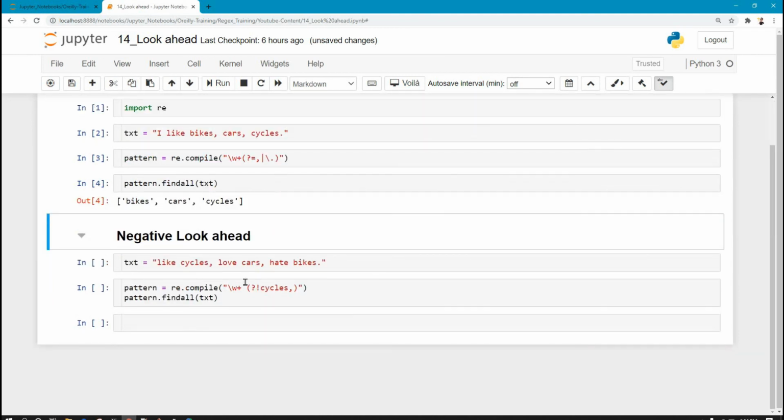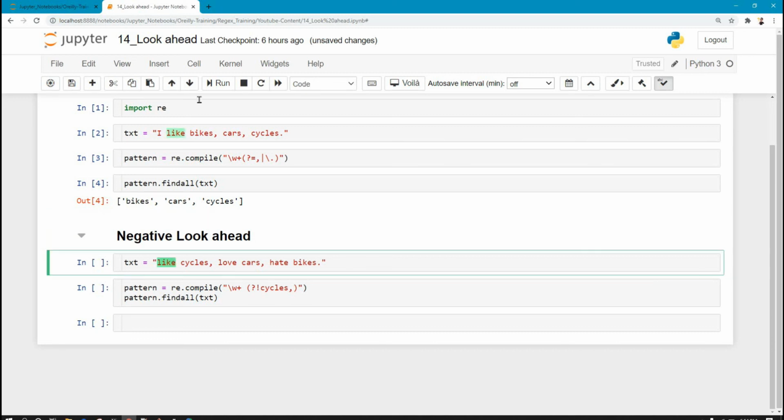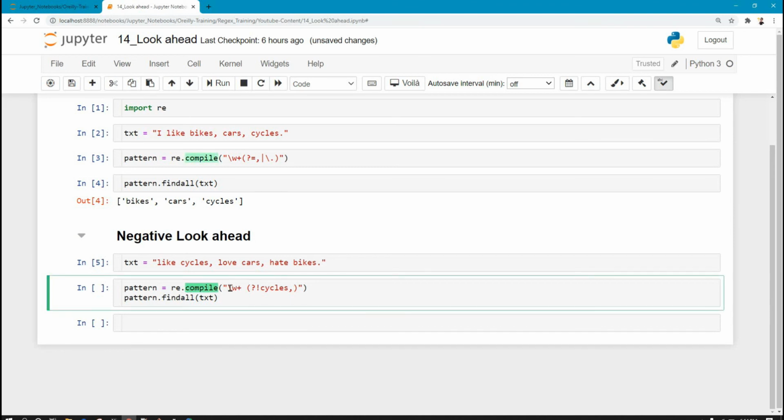Now for the negative look ahead, we'll just simply change the question mark equal to with a question mark exclamation. Now in this negative look ahead, I have specified a string which is like cycles, love cars and hate bikes. Now in this pattern, I'm saying extract all those words by looking ahead first that it does not have a cycle comma.